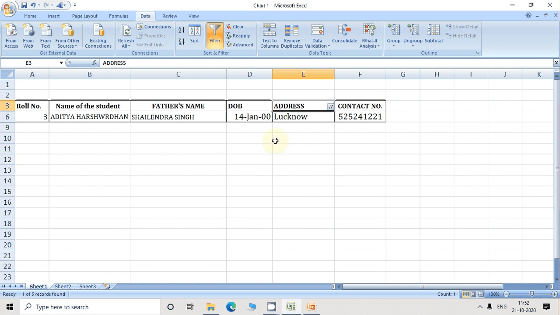Then you get the details of that student in the list whose address begins with L, that is Lucknow. Okay, in this way you can filter your data according to the condition in a particular field and using the custom filter option.